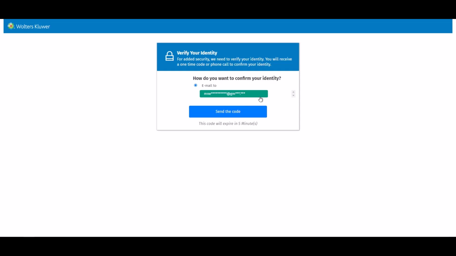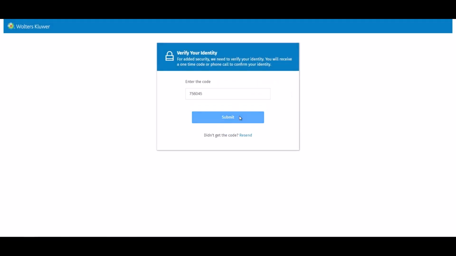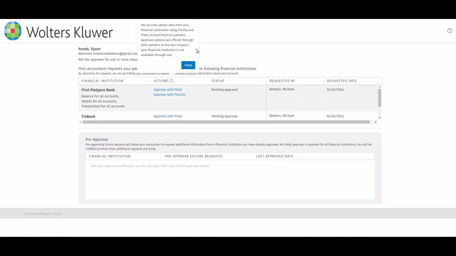When they click on this button, there is multi-factor authentication. It will use the email address for each client approver. It will send them a code. They will submit it. And it takes them into this page where it lets them know that we securely obtain